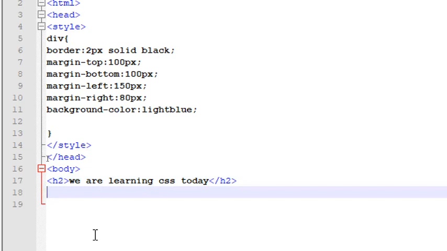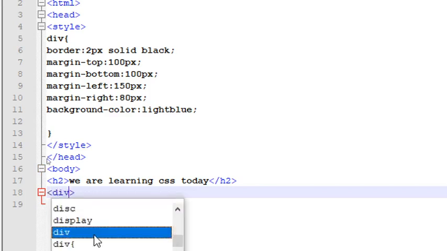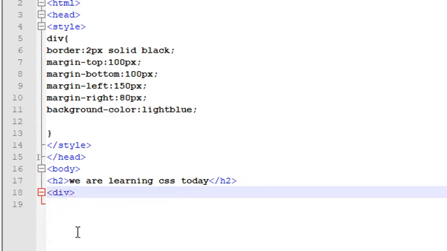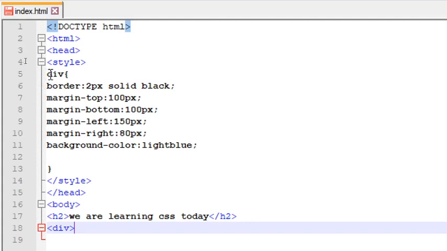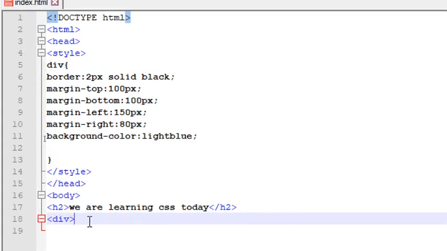Then from there, whatever will be written inside the div will take all these attributes. Whatever you write between the opening div and the closing div will be assigned all these attributes. For example, let's write: CSS